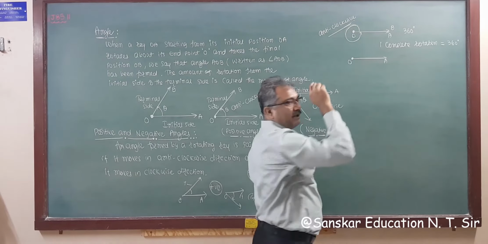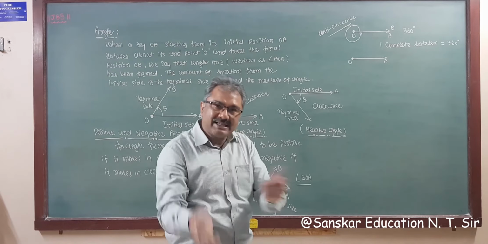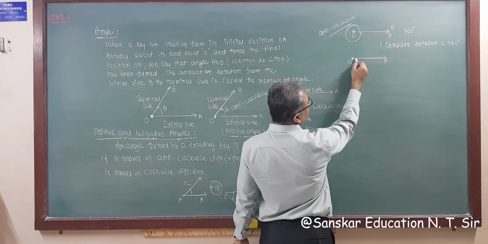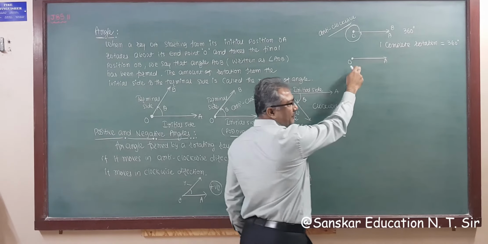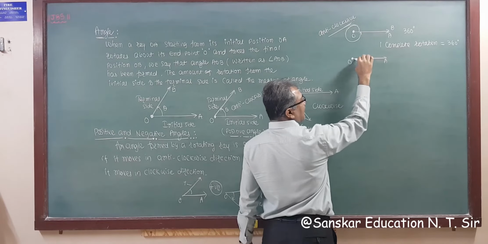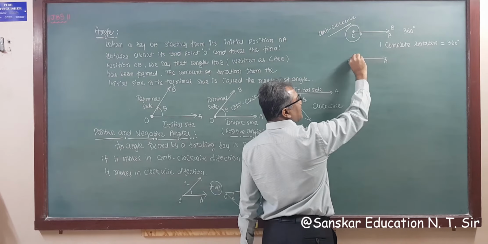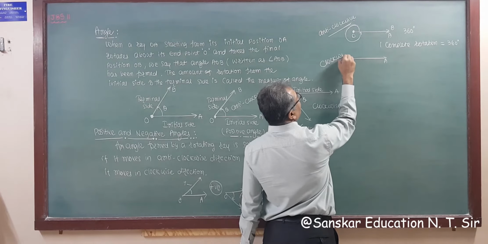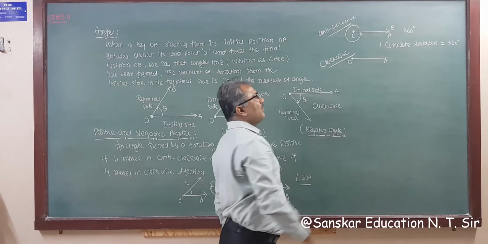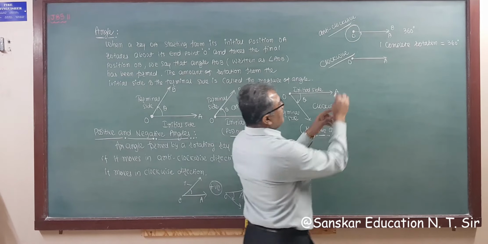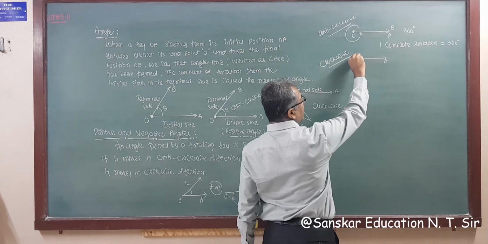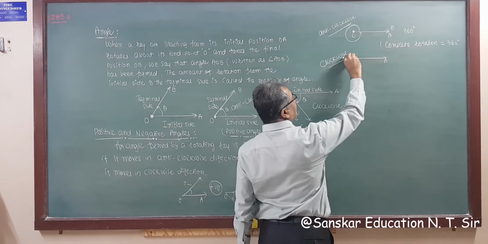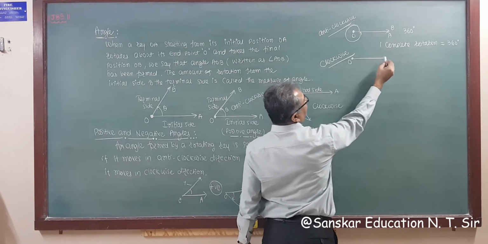Now instead of that, if we move in clockwise direction, तो क्या होगा? So if we move in clockwise direction, this angle starting from OA, this is your initial direction, right? Now we move in clockwise direction. Then this ray moves in this direction, it goes, and then it takes a final position here.